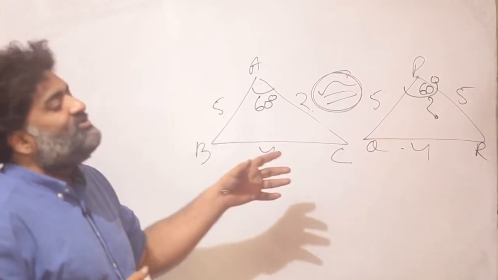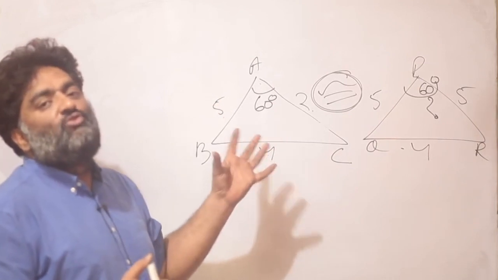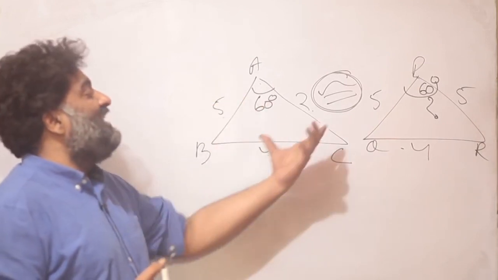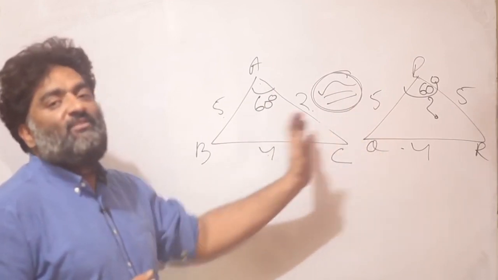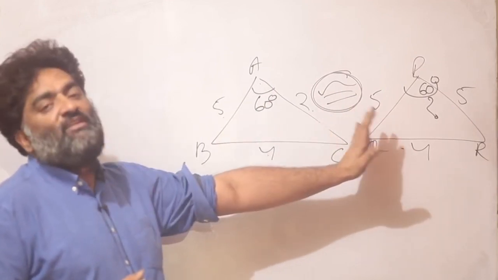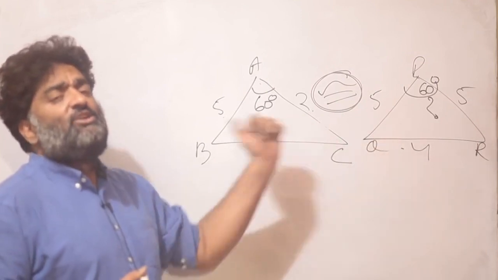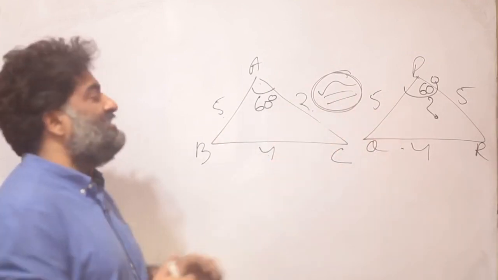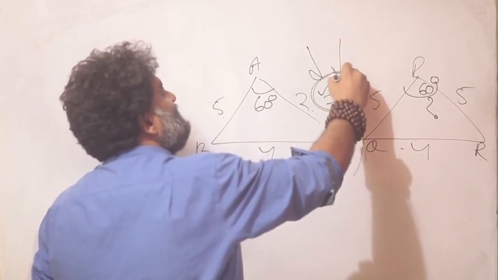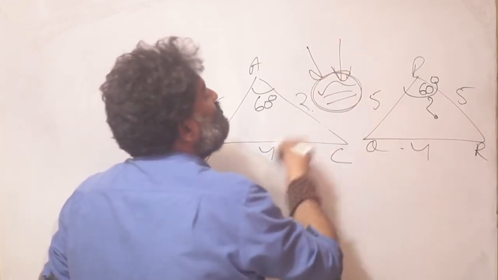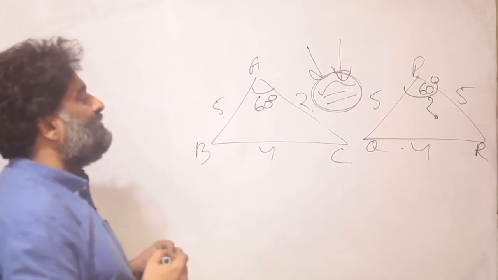This was just to illustrate how the idea of congruence will be used as a tool. Once I find out that the two triangles are congruent to each other, I know I can map everything and everything will be equal to every corresponding thing in the other triangle. So finding the result will be very, very easy. The difficult part, or not the difficult, but say the interesting part, is going to be finding out when the two triangles are congruent to each other or not.